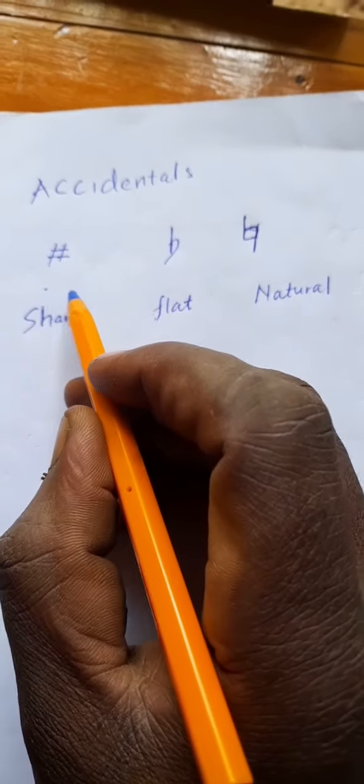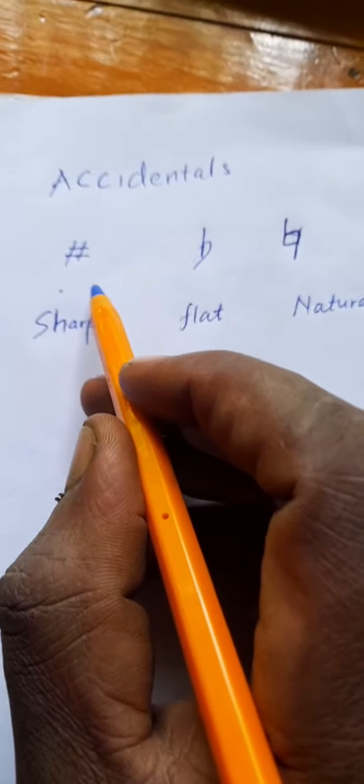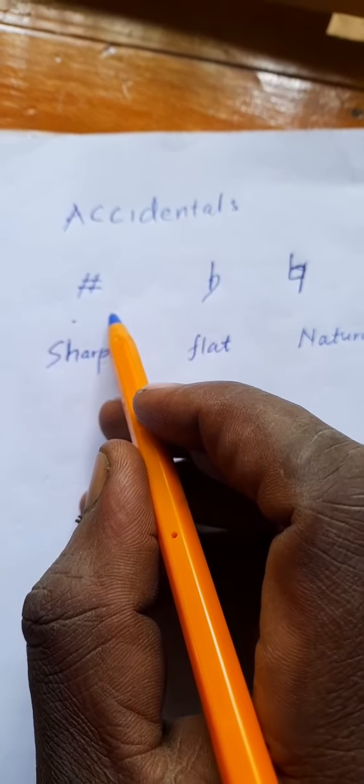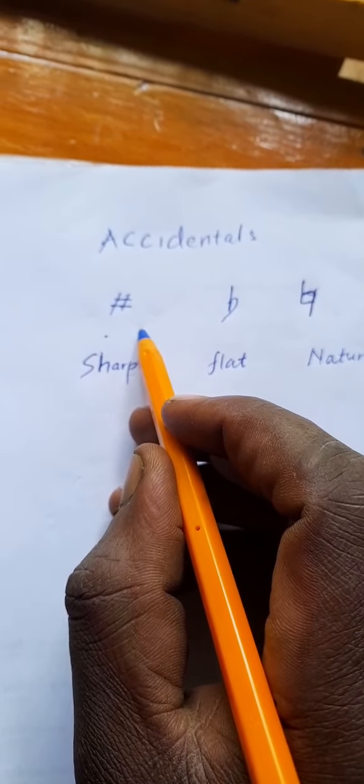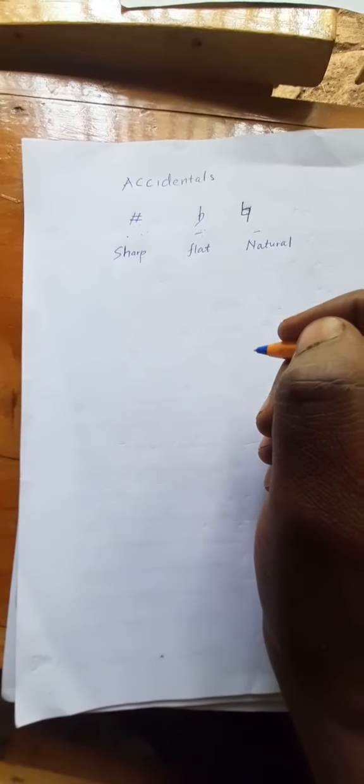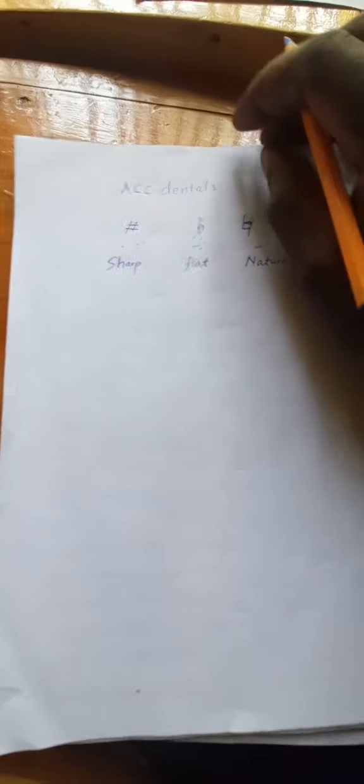So in most cases, the sharp accidental, which is here. Good. For you to understand the key signature perfectly, there is a formula I want to give you, and this